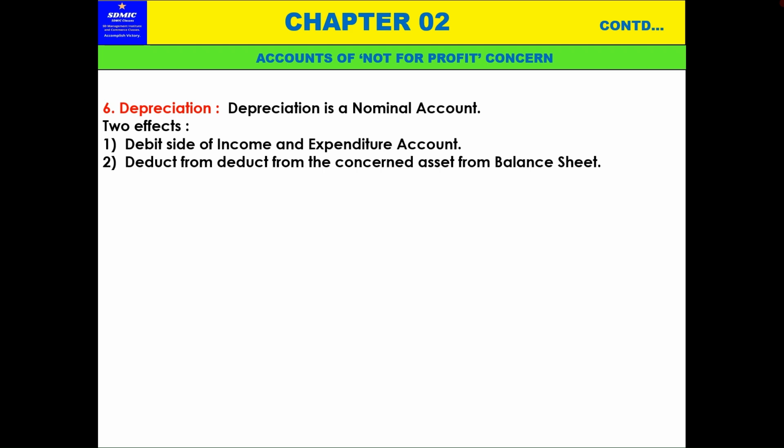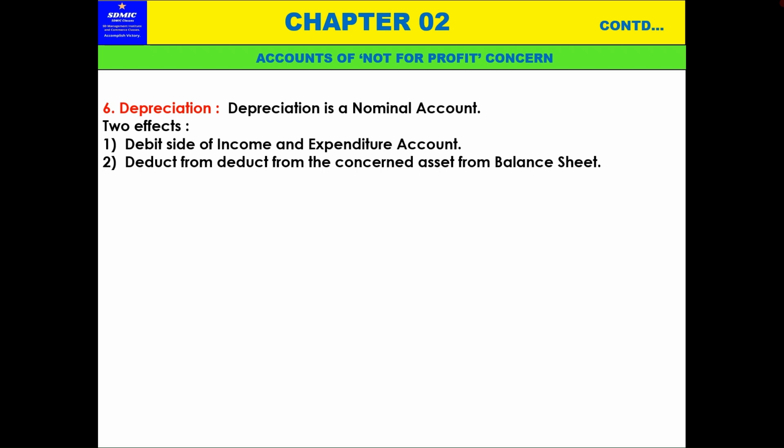Whenever any machinery is used, or if a car is used, it cannot last for 100 years or 1000 years. Okay, it may not. It can be used, for example, for 5 years, or 10 years, or 20 years, and beyond that it may not be possible. So if it is for 20 years, it should be written off during the 20 years. If it is for 15 years or 10 years or 12 years, or till the time the machinery is usable for production, it will be written off at a particular percentage as per the Income Tax Act or Companies Act.